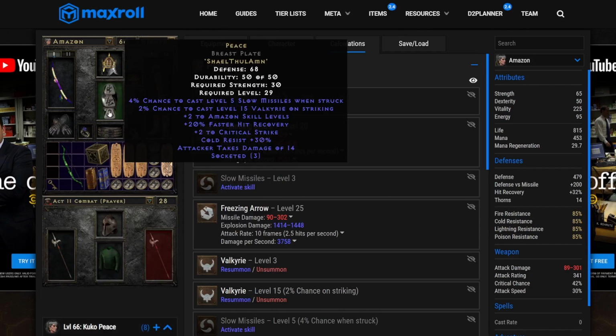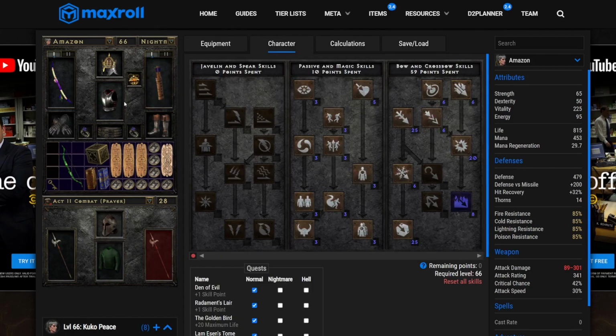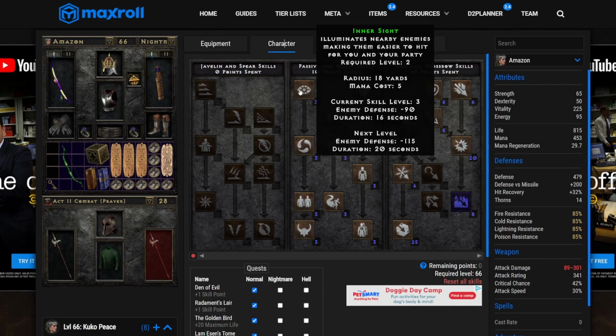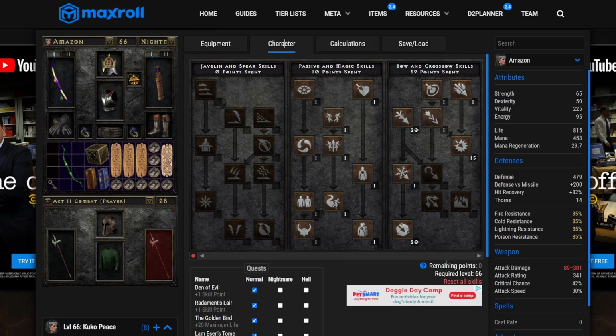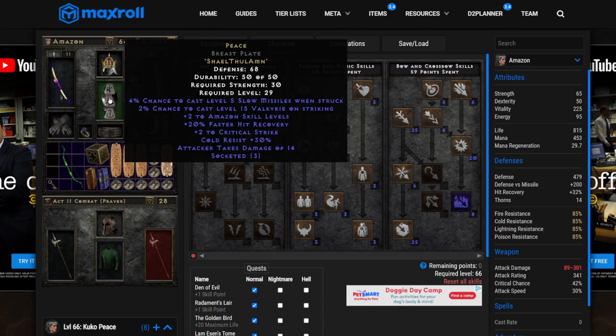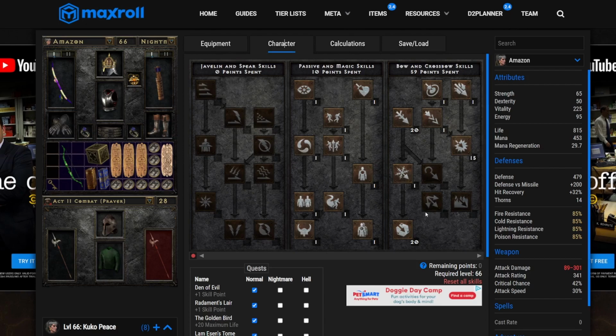The first iteration is to keep your chest piece and utilize the level 15 Valkyrie on striking. Basically, you have enough skill points now that you can take out that level 1 Valkyrie and make use of the proc to get a free level 15 Valkyrie, which would be pretty darn cool, in my opinion. However, you do lose a lot of points that you could have been using to,